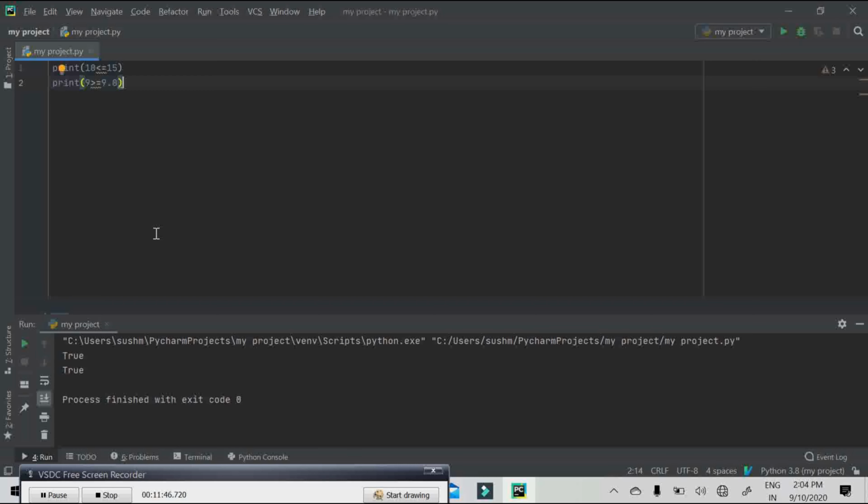Lexicographical order, the alphabetical order of words, is based on the alphabetic order of the component letters. Let me give you a syntax example. Print parenthesis